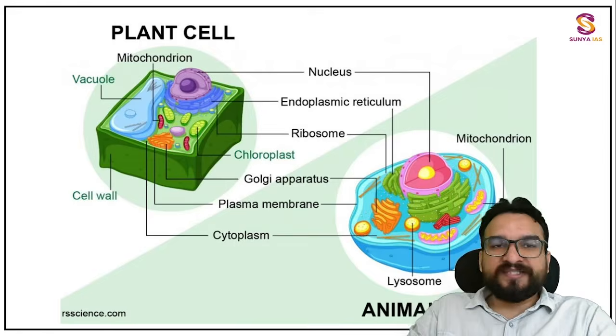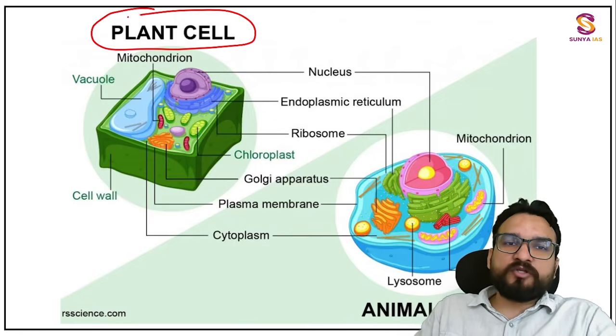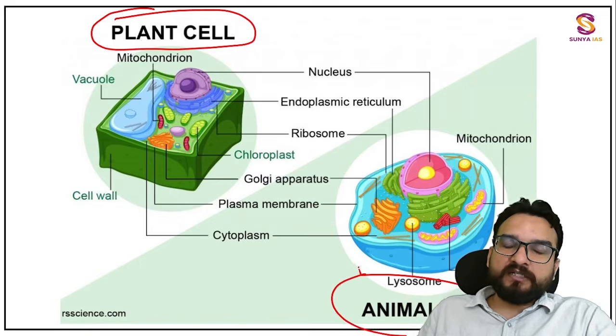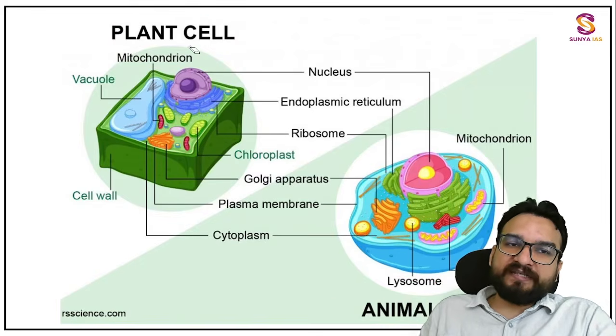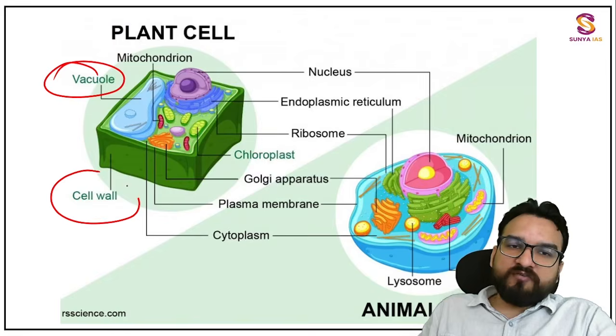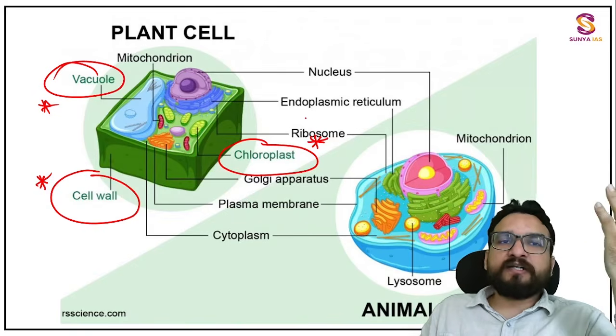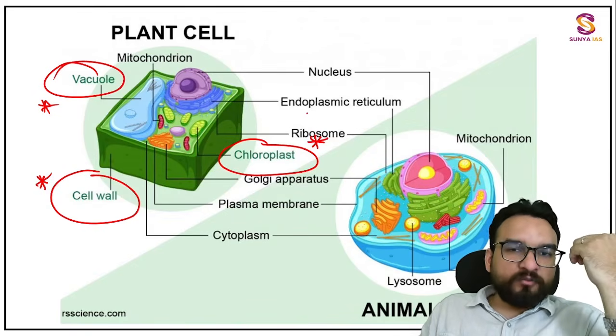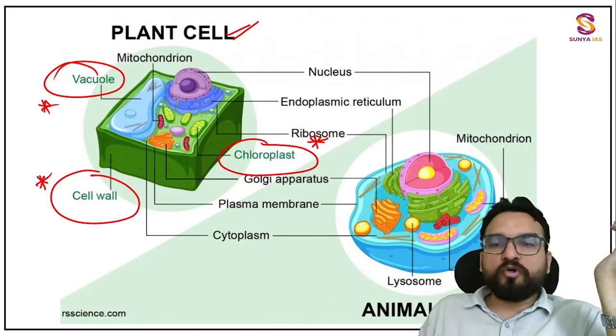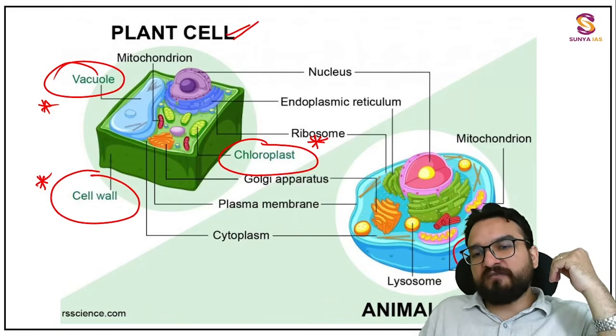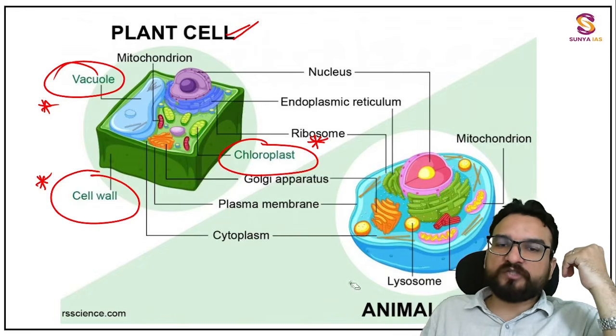So this is another type of difference based upon the plant cell and animal cell. Most of the things you will be finding same, except vacuole, cell wall and chloroplast are exclusively found in a plant cell, and our subject is related to plants only, so we will be dwelling on the plant cell more, not the animal cell. Animal cell is having one thing, that is centriole, which is not present over there, and lysosome also you will be finding in animal cell only.